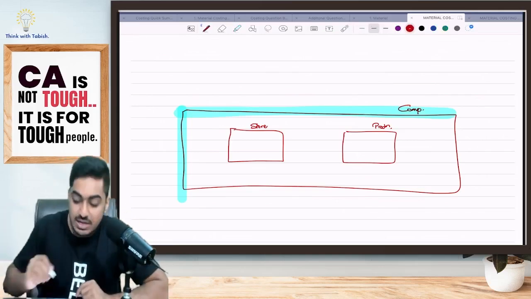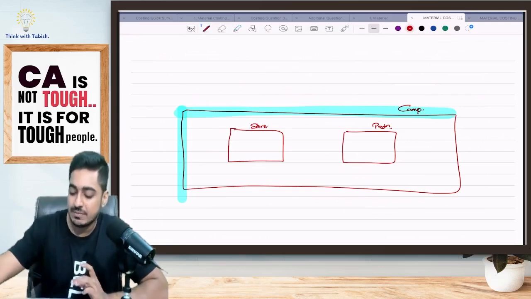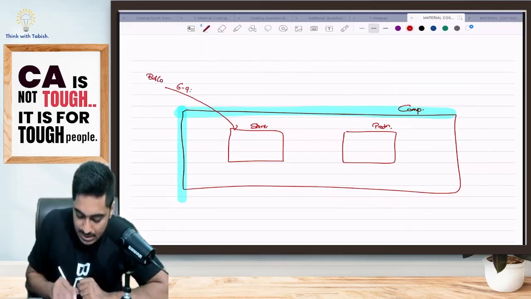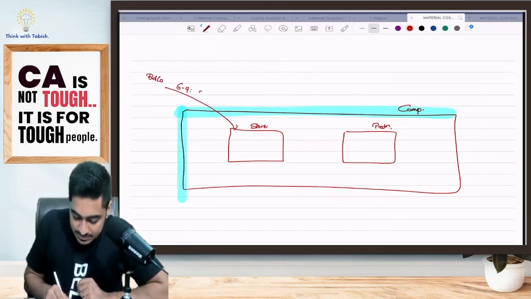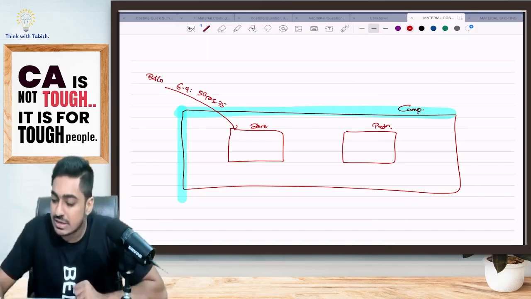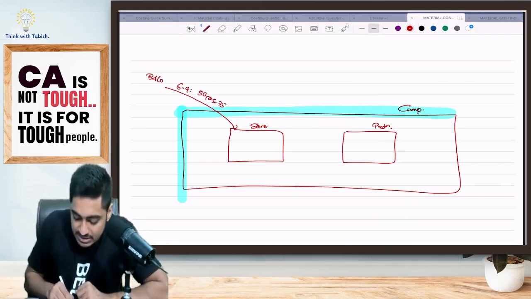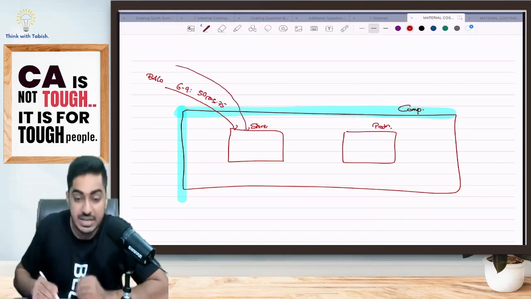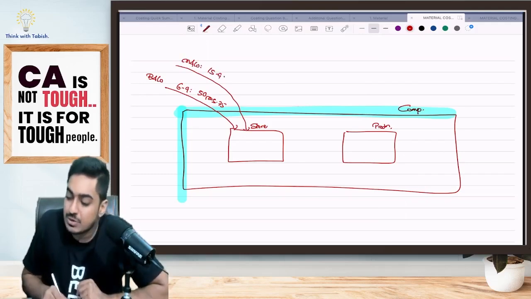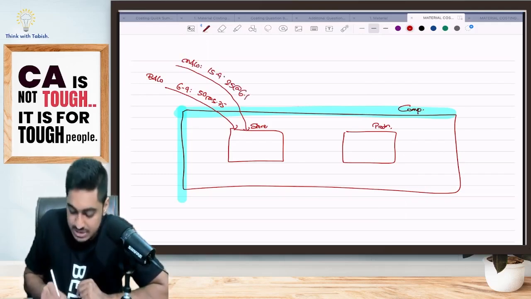Now, understand, from B and company, when did I purchase goods, sir? From B and company, I purchased goods on 6th of September. How many units did I purchase? I purchased 50 units at the rate of 5.75. Thereafter, when did I receive fresh goods into the company? On 15th, from M and company, goods are entering the company's gate. How many units? 25 units at the rate of 6.1.